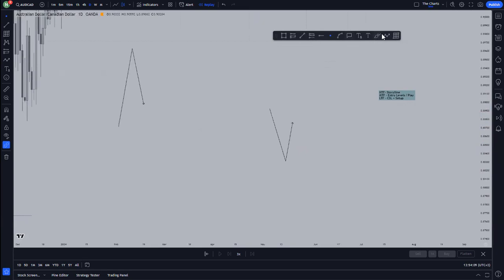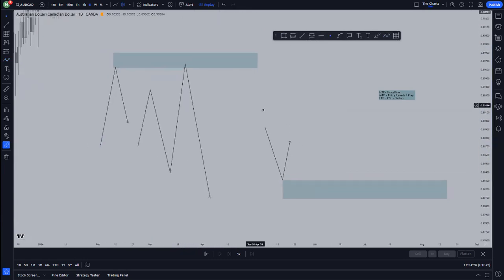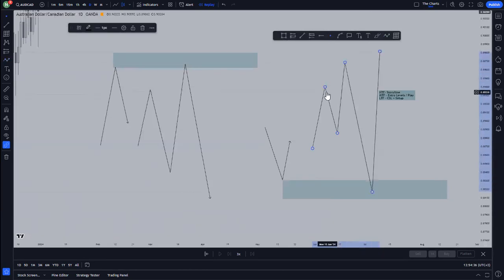So for example, if you see something like this, there's going to be your entry level just like this. There's going to be your entry level 2 just like this. Then here, you definitely know that in your lower time frame, you have something like this. So it's going to be your lower time frame. Then right here, this is going to be your lower time frame again. So it's going to be something like this. Lower time frame again, just like this.